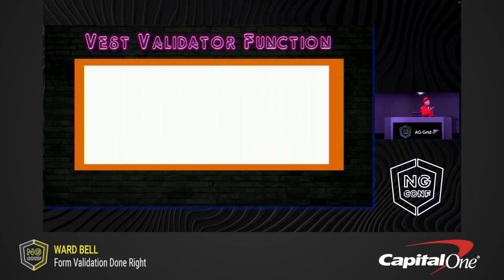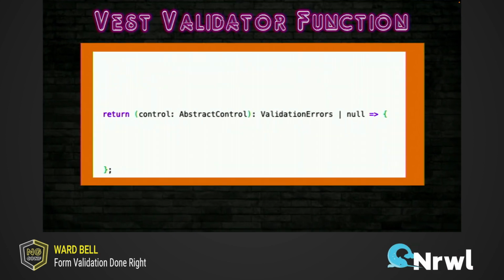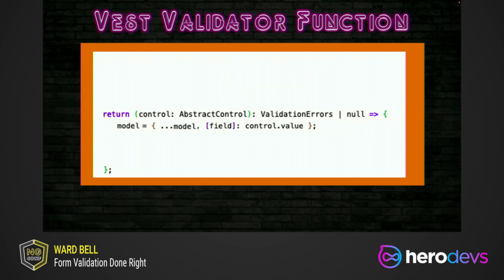All right, I'm going to show you a validator function. This is the super function, right? I don't remember the structure, so I have to go look it up again. And okay, that's kind of it. I get the control value that just changed, and I had this model that I was binding to. Yes, I am talking to you about template-driven forms. And then I smush them together, and then I call